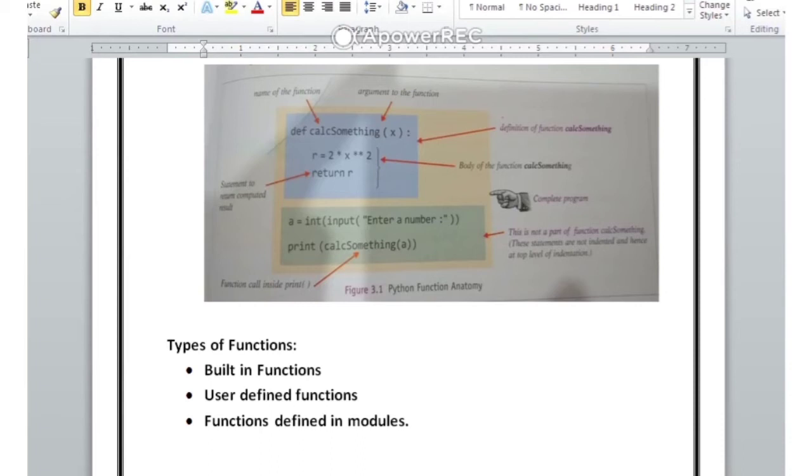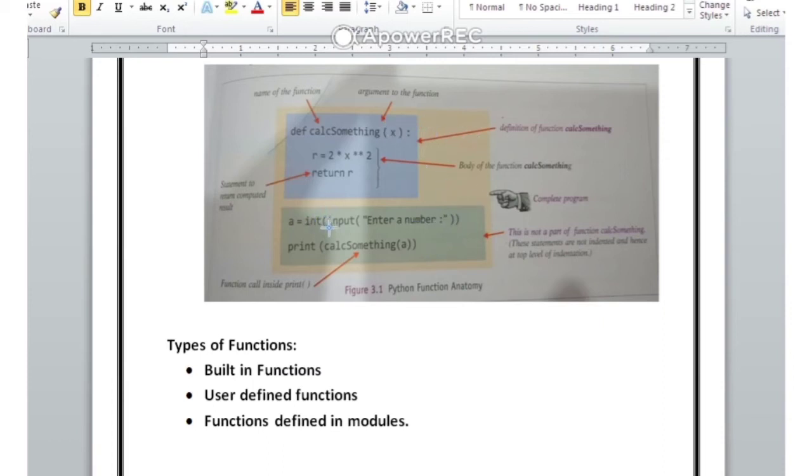Now let's see this particular image very carefully. This program is calculating the value of 2x square. We'll start the flow of execution from here, where my mouse is right now. We have just entered the value of a, and then the flow of control will go up to the function.